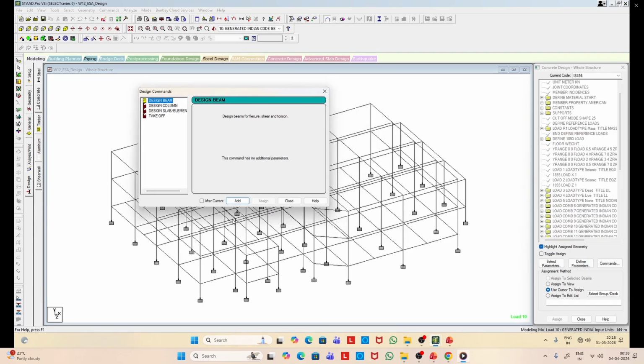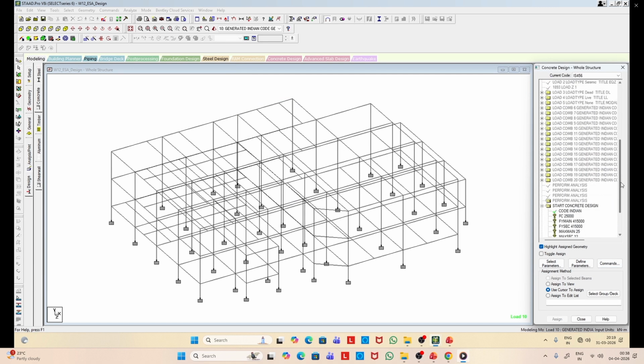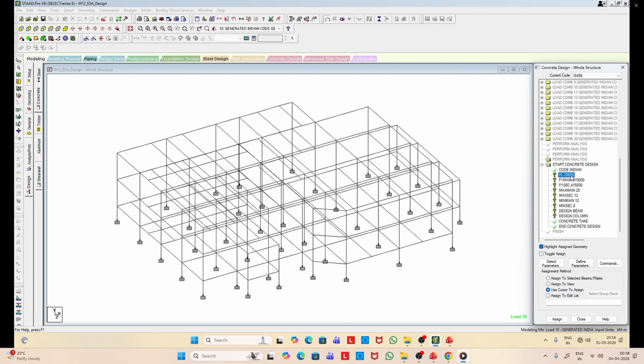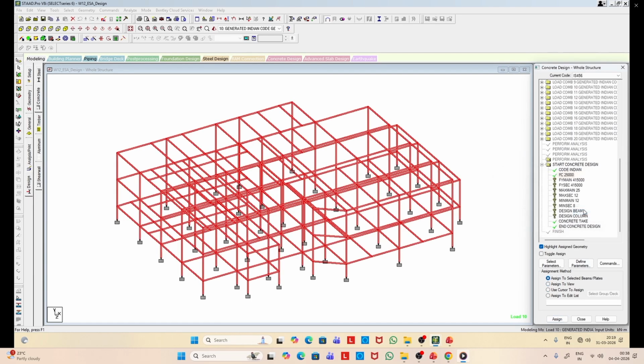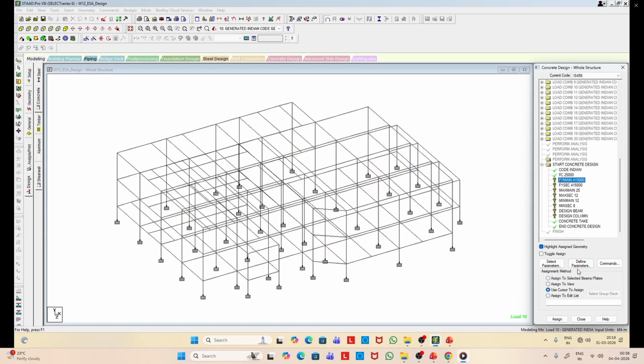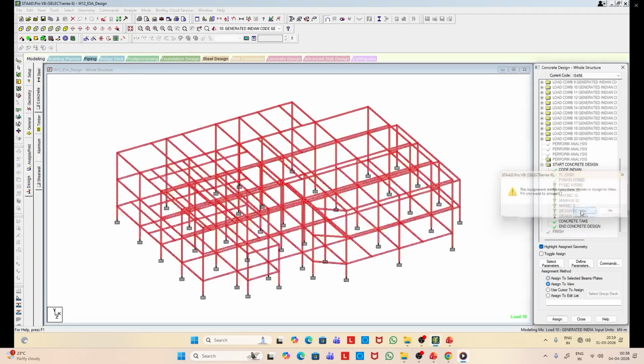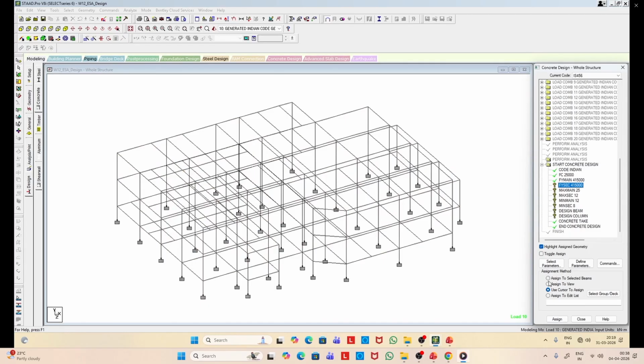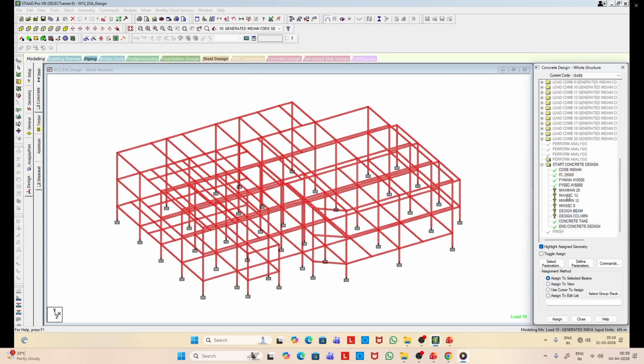So now we have to add the design element. So we select beam column for the design, and then here you can see all these parameters are defined. We have to also assign these to the structural members. Likewise, we will select and assign as we did in case of loads. So here you can see we assign all these parameters for the complete structure.